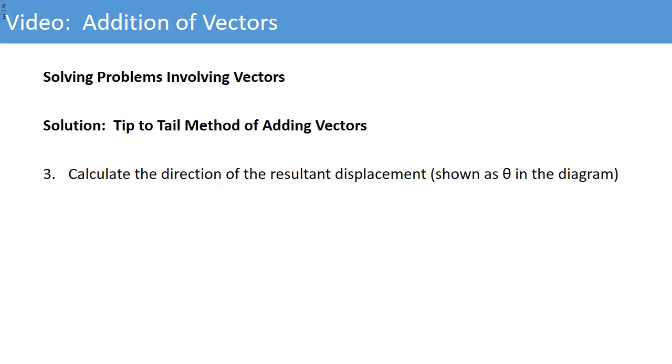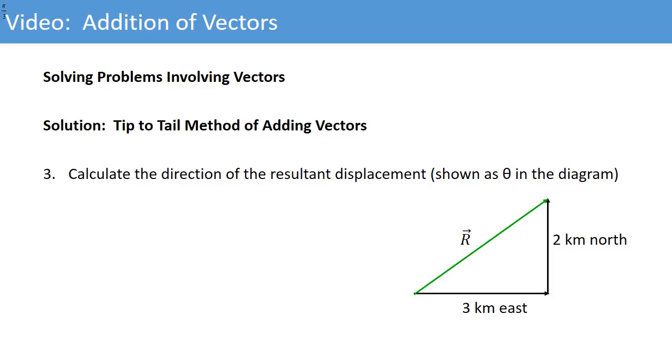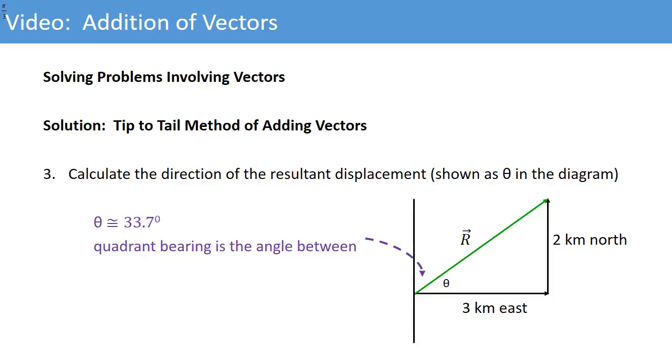We now want to use the value we found for theta to find the resultant displacement in quadrant bearing directions, which would be this angle coming from north to east direction. So, we know that theta is 33.7 degrees. The quadrant bearing is the angle between the north direction and the resultant vector. So what we would do